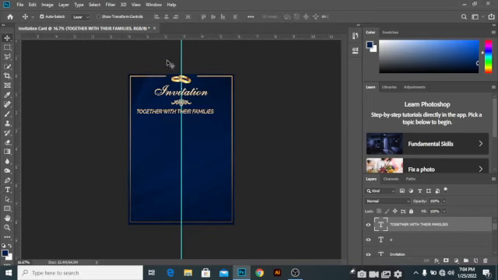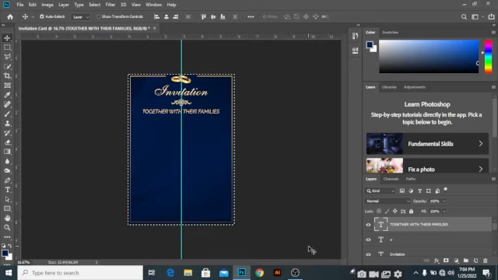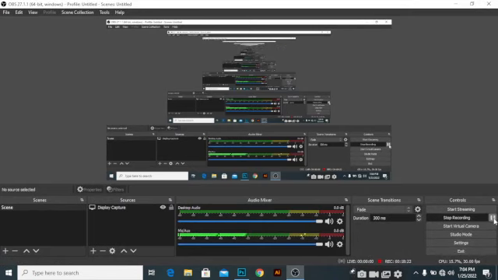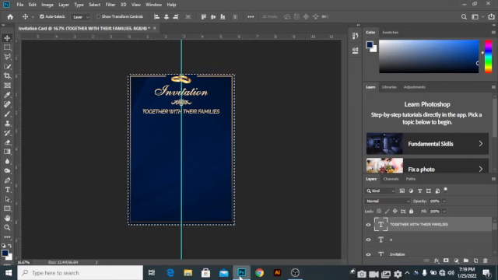Okay, so now just click on Control A, then click on middle. So after aligning this to the middle, you click on Control D to deselect it. So now the next thing to do now is to be adding the name of the